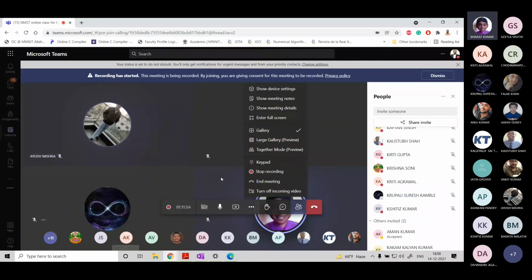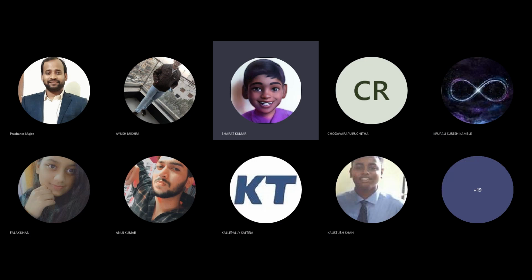Okay. So what is interesting, this carpeting